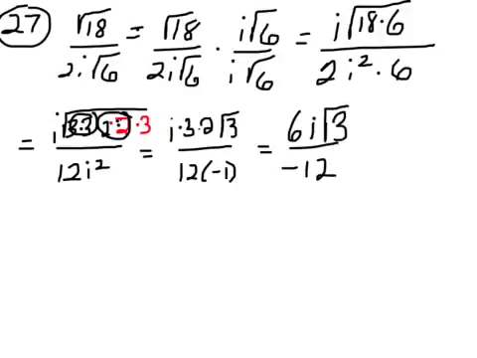So now let's look at this. We can reduce this. On the outside of the radical, 6 goes into 6 one time and 6 goes into 12 twice. So let me just put the negative up,